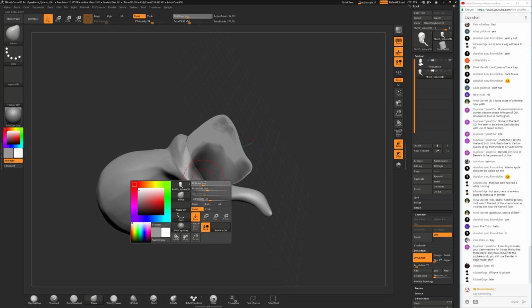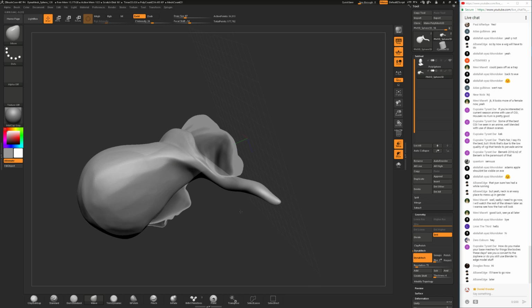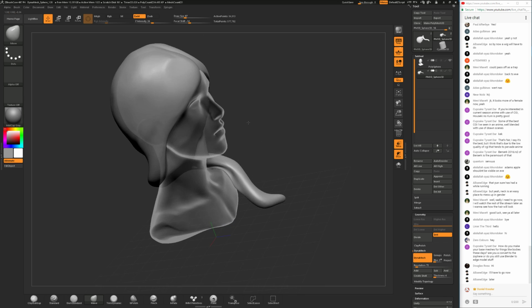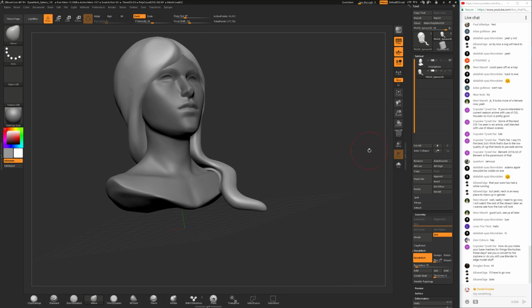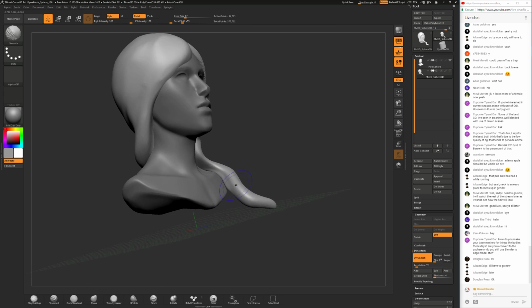So I'm trying to make it just barely intersect so that we don't have any holes, but at the same time not too much inside. Something like this should be alright, and then we'll fix it from the outside view again without transparency on.